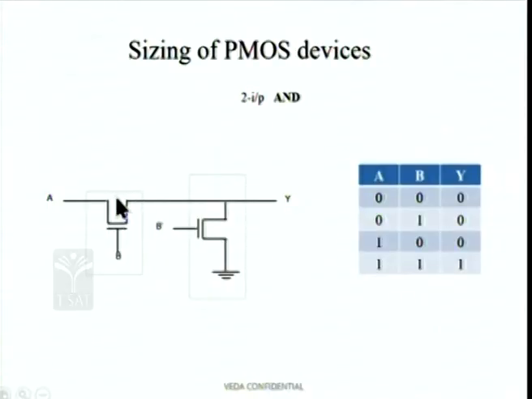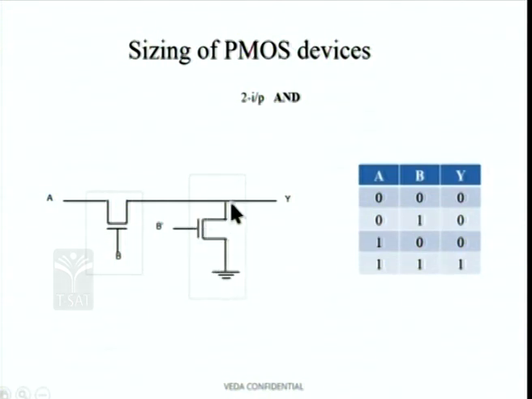We will continue. Coming to this slide, if you are not particularly happy with the answer, you can mail me and I will mail you a more elaborate answer, or maybe with a small diagram also. Okay, right. So, now if A is 1 and B is 0, this device is off, this device is on.